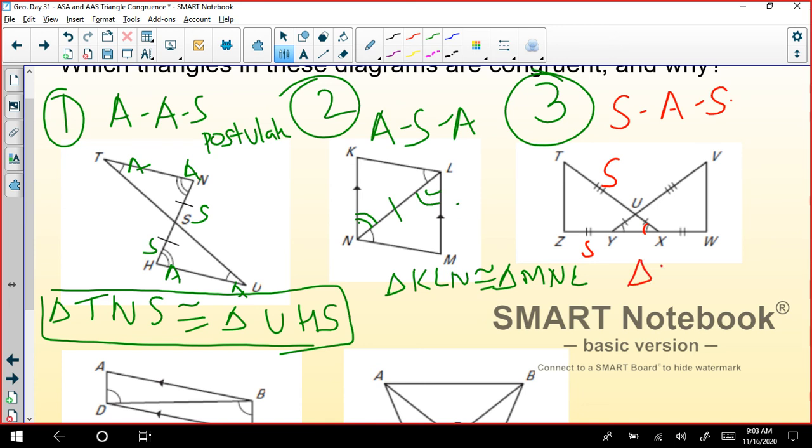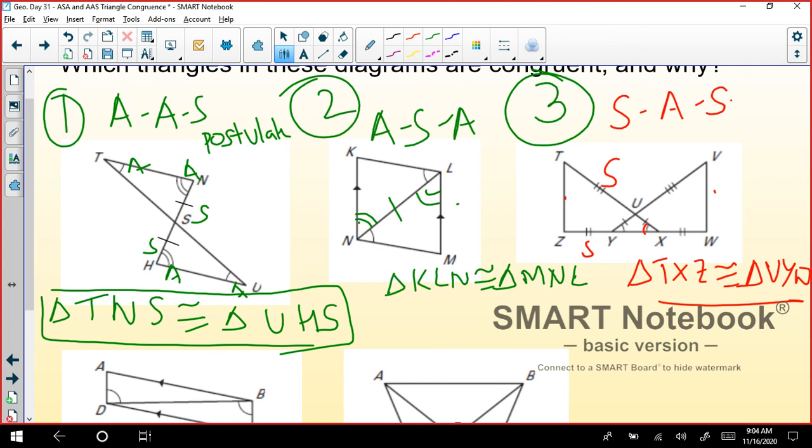And we'll list the triangles. Triangle TXZ is congruent to triangle. In place of T with three hash lines and one hash line is V. In place of X we have Y, and in place of Z we have W. Okay, this is not the only correct triangle congruency statement. You may have the others. I've just given one of them.